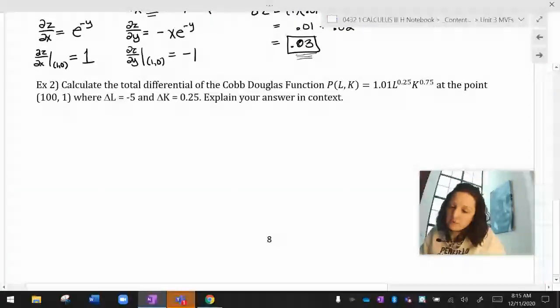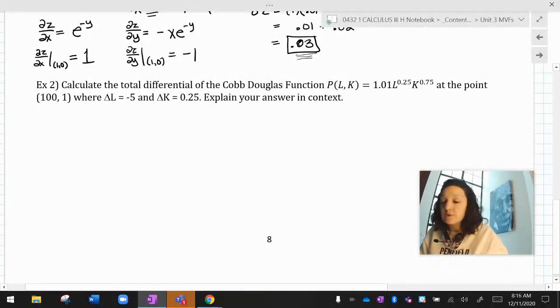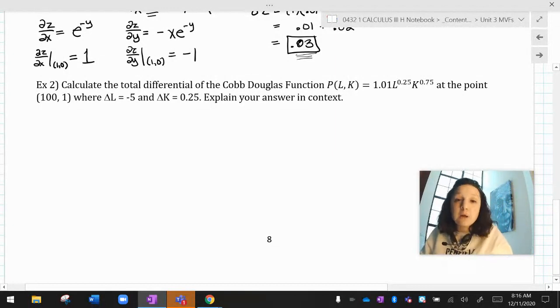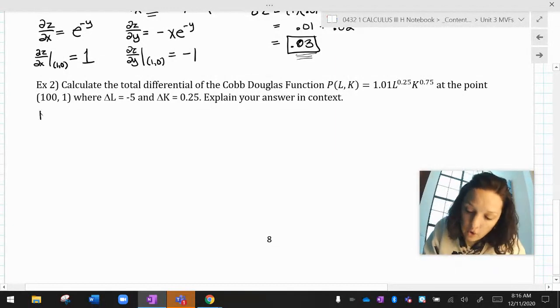Calculate the total differential of the Cobb-Douglas function, we'll talk more about that at other times, of P of L, K, that's production based on labor and capital, at the point (100, 1), where delta L is -5 and delta K is 0.25. Explain your answer in context. Okay, so the Cobb-Douglas function is really the Cobb-Douglas production function, where P is your production,